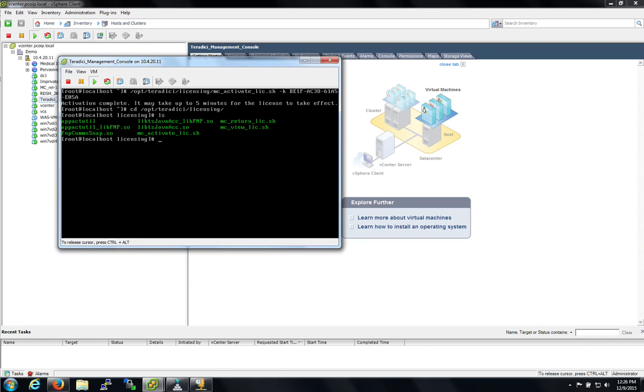Let's look at the mc_view_lic script. This allows you to return the license and also to see if your license has been activated. I'm going to use a short path to show this, not the fully qualified path. So mc_view. This is showing me my entitlement ID, which I typed in when I activated the license. It's also showing me an extra value, which is the fulfillment ID. So if I want to return my license, I can use the fulfillment ID, and what I need to do there